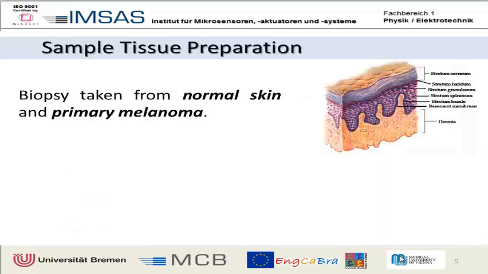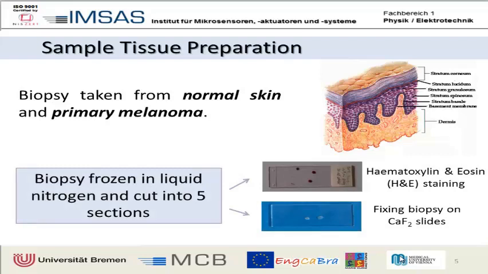So we analyze biopsies taken from normal skin and primary melanomas, and the biopsy preparation is based on freezing. The pathologist providing us the sample gets the tissue from the patient, freezes it in liquid nitrogen, and then cuts it into several sections. Each section has a thickness of 20 micrometers. Some of these sections are then stained and put on glass slides to be analyzed with standard histopathological methods, and the other unstained